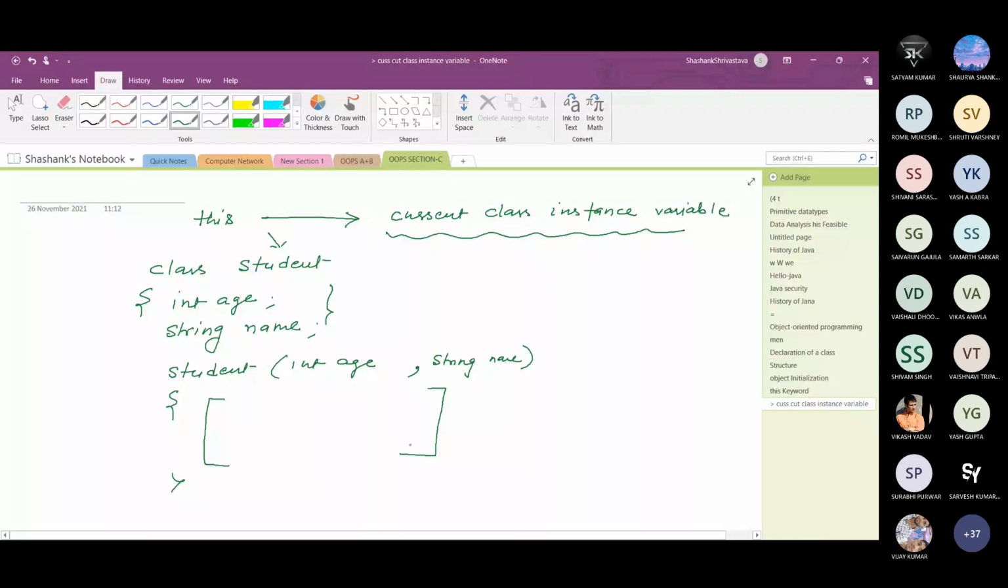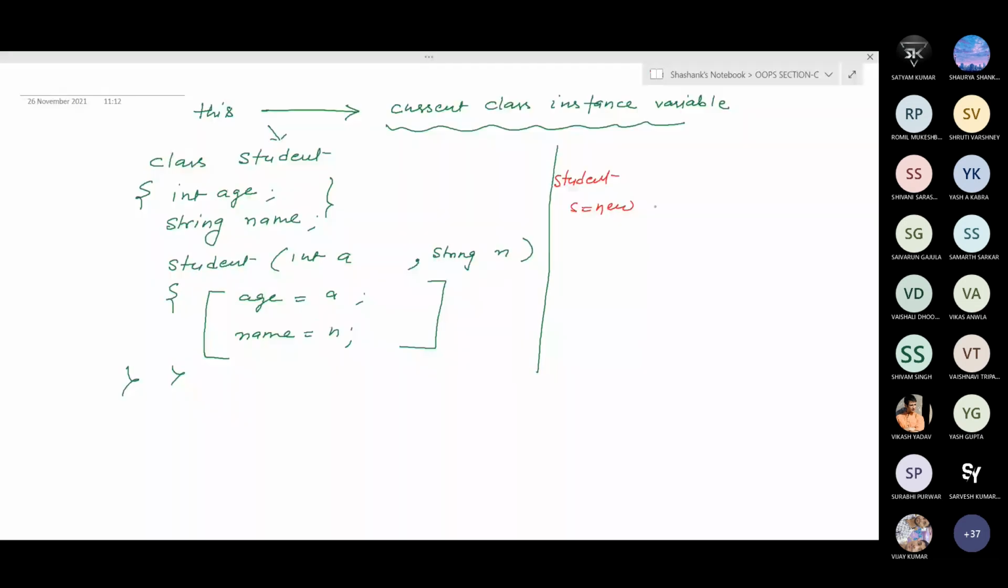If I just remove, just see here, if I erase this age and name, and if I write integer a and string n, so there is no problem. I just initialize age with a, which is passed during the constructor call, and name with n, no problem. Means during the constructor calling, in the main method, if I write like this, student s equal to new student,